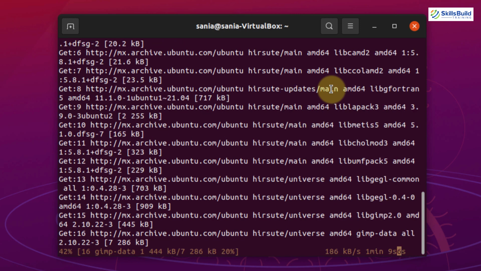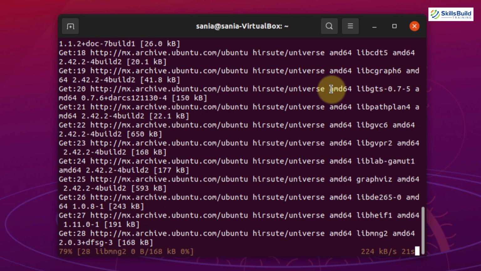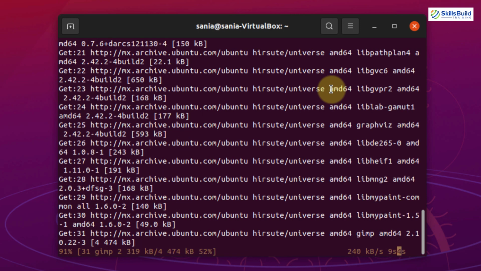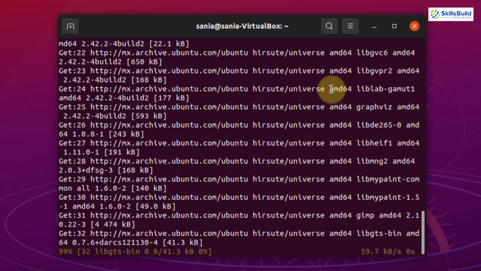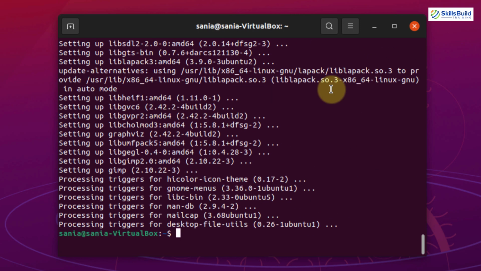Well, along with GIMP, you can install different software that is very useful like VLC, which is an all-rounder media player and the most reliable one, which can play any traditional or modern media files. It is one of the things that I usually do whenever I install a new operating system. So after GIMP, I'll show you how you can install VLC. It has been installed successfully.